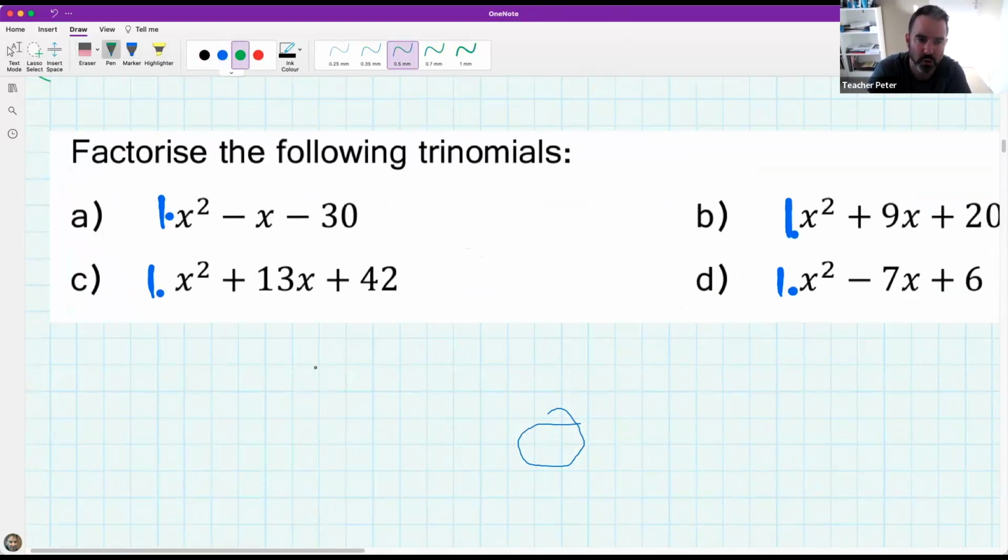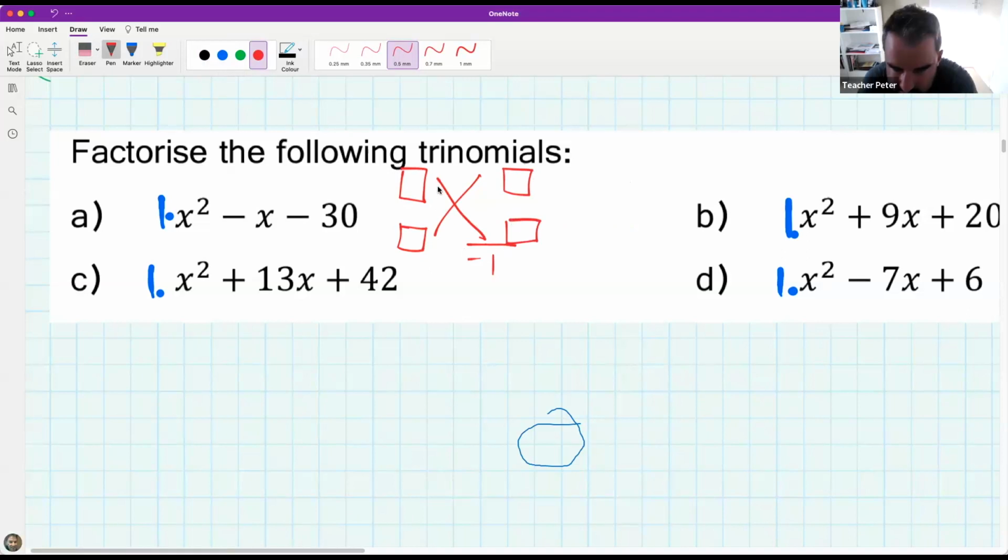So I'm going to show you this method, the way it works. So for this one, I know that when it's factorized, it's going to have to look like that. But I don't know what numbers go in here. So what I'm going to do is I'm going to draw this structure that I use to help me. And I look in front of the middle term and I write -1. Now, I need to fill in these blocks